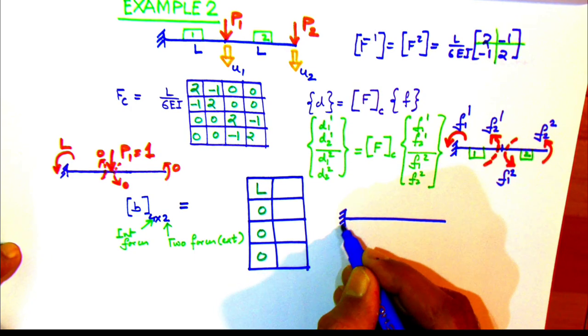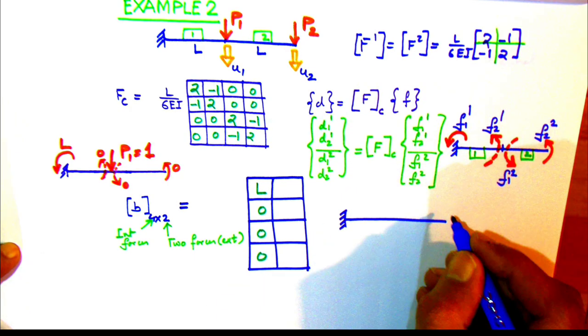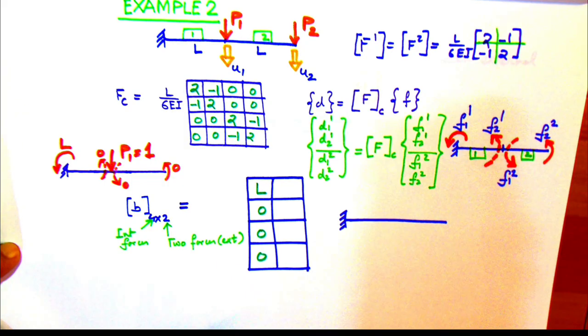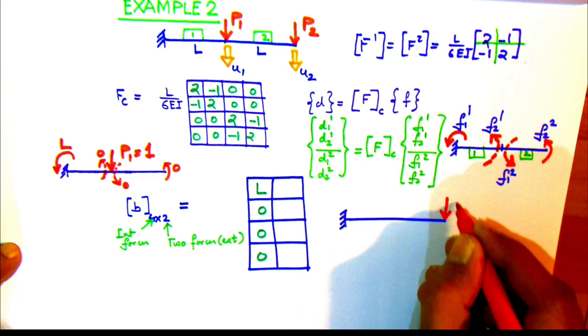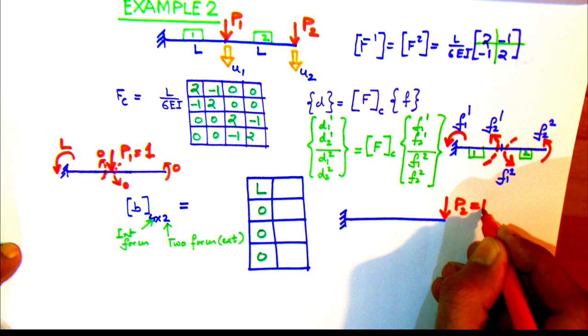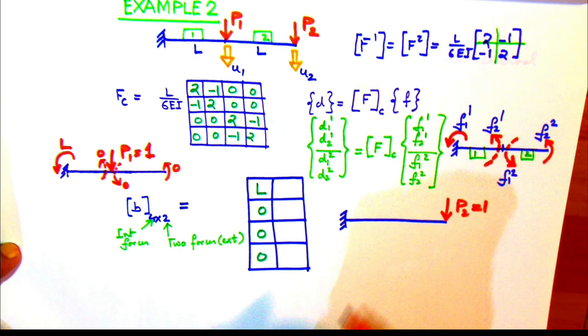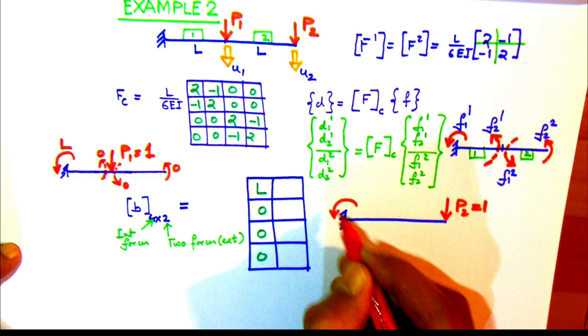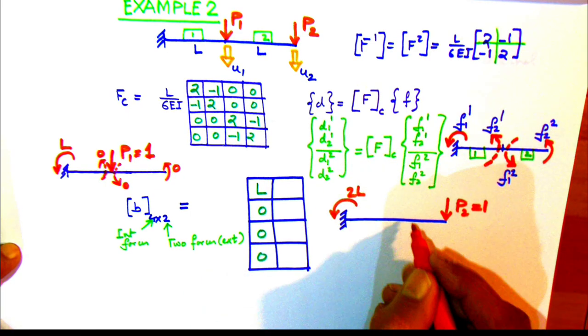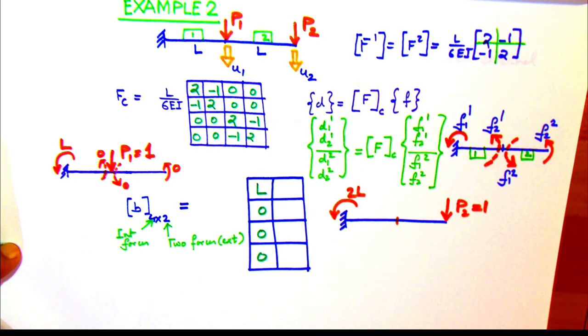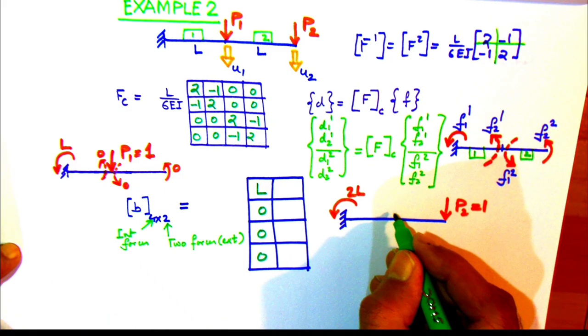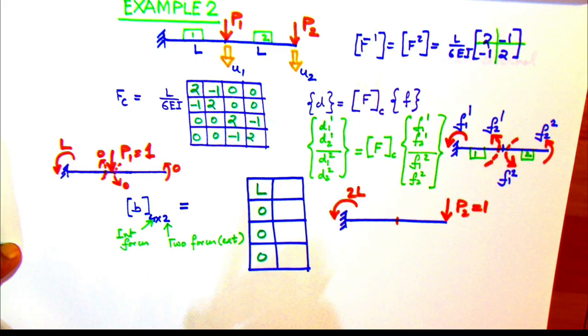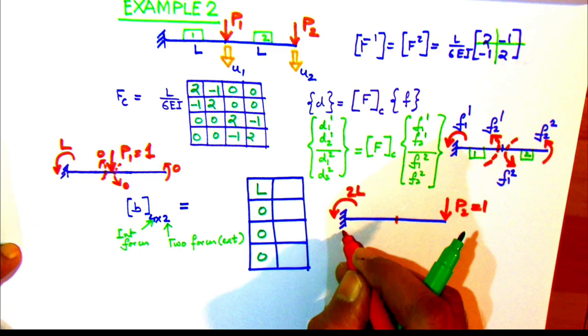In the same manner, to derive the second column of the B matrix, we apply a unit force along P2, that is P2 equal to 1, and we deliberately keep P1 equal to 0. And we now find out the various internal forces F11, F21, F12 and F22, their specific values, keeping in mind that anticlockwise is positive